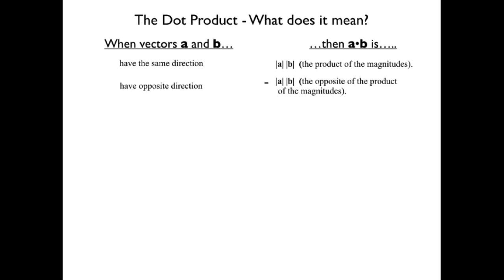Okay, so let's summarize. If they have the same direction, what do we say? You get the product of the magnitudes for the dot product. When they have the opposite direction, can you read it in the back? Okay. You get the opposite of the product of the magnitudes. When they're orthogonal,